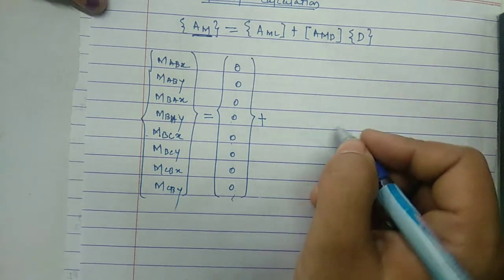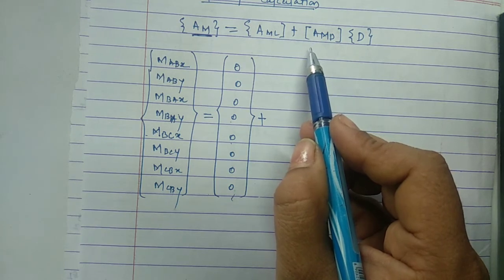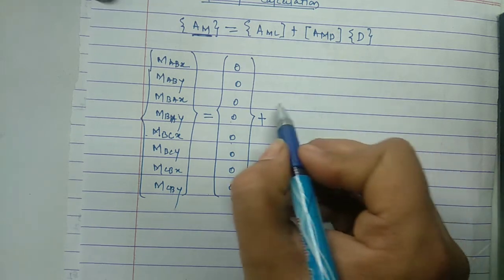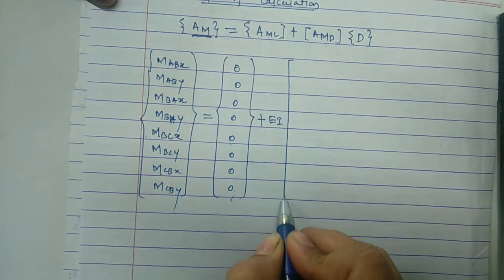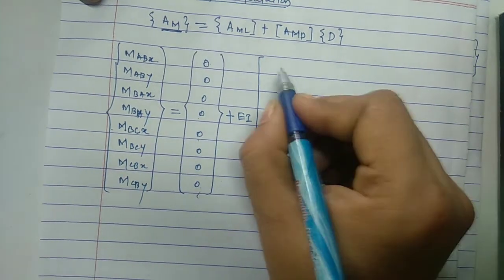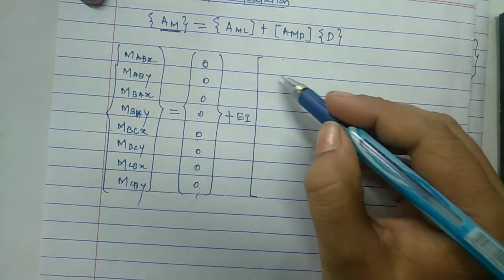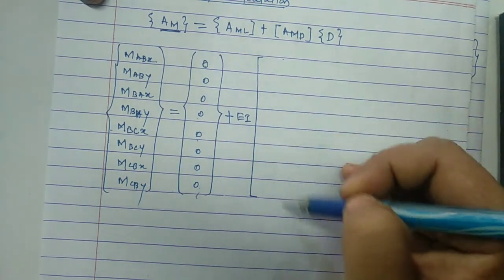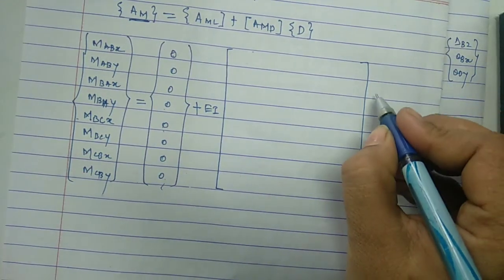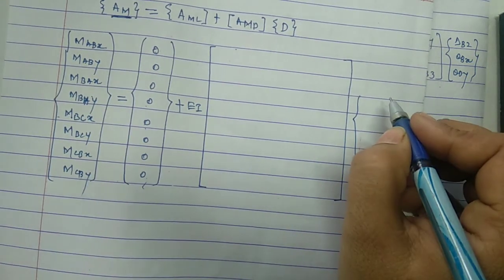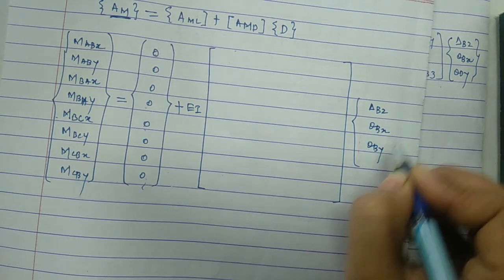Plus this AMD. Okay, so AMD is from the 3 figures when delta BZ equal to 1, theta BX equal to 1, theta BY equal to 1. In each we will have this EI term common. So this will be a matrix of order with 3 columns and rows according to the number of unknown moments, so a total of 3 columns and 8 rows. And the unknowns, our 3 unknowns that we have just calculated, delta BZ, theta BX, theta BY. Write down the values that we have calculated here.